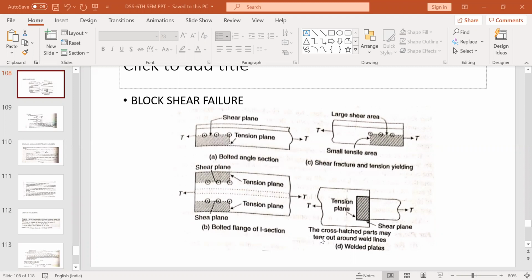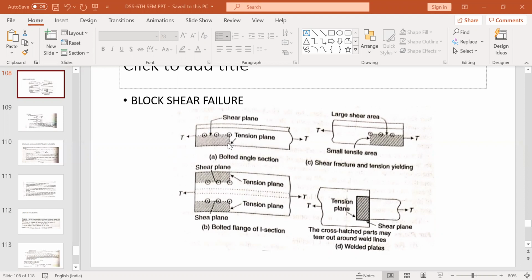This is shown diagrammatically. What happens is, when the applied tensile load is increased, the fracture strength of the weaker plane is approached. Now, out of this shear plane and this tension plane, the shear plane is parallel to this line, and the tension plane will be perpendicular, vertically to the shear plane. So the two types of plane will coexist. Now one of these planes will be weaker, one will be stronger.